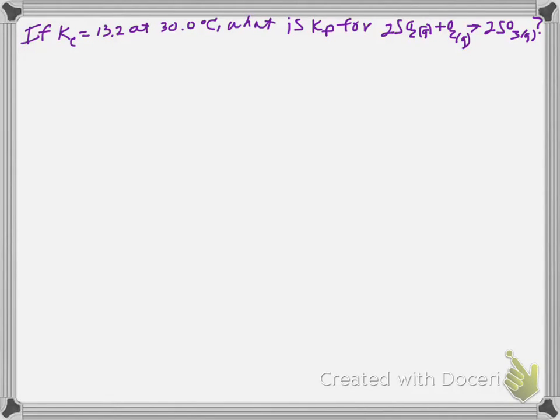Okay, we're going to take a look at a Kc-Kp problem. If Kc is 13.2 at 30 degrees C, what is Kp for the reaction between 2 sulfur dioxides plus oxygen to give 2 sulfur trioxides? Okay, so our equation, remember it's politically correct, so it's Kp equals Kc times (RT) raised to the change in